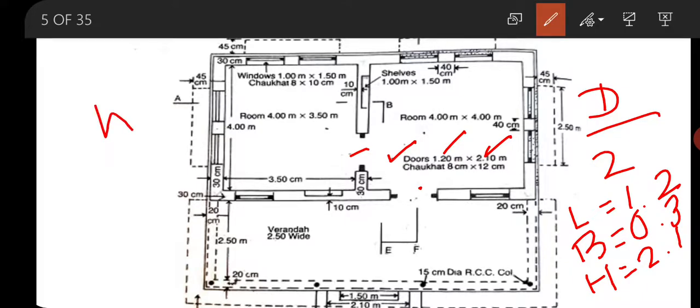Similarly, for window, you can see here there are 10 numbers of window: 1, 2, 3, 4, 5, 6, 7, 8, 9 and 10.